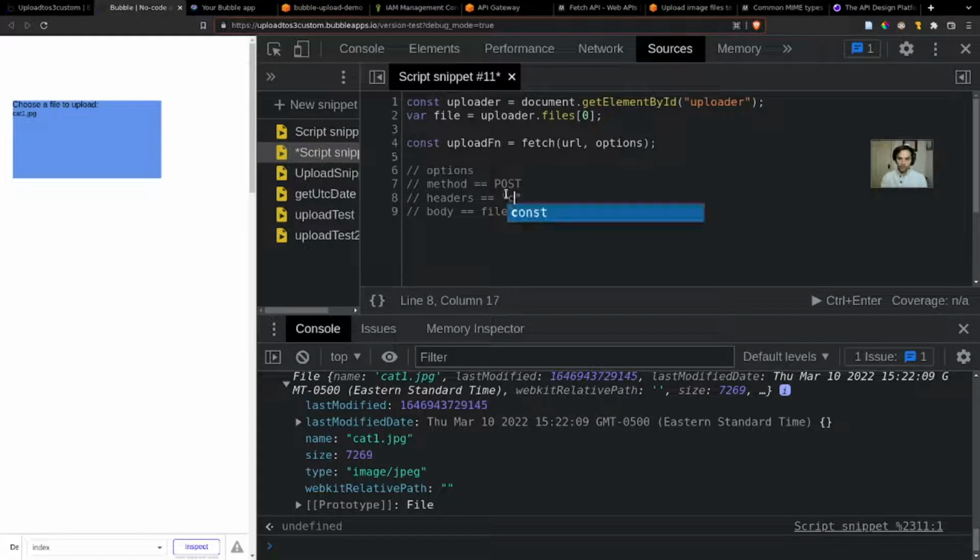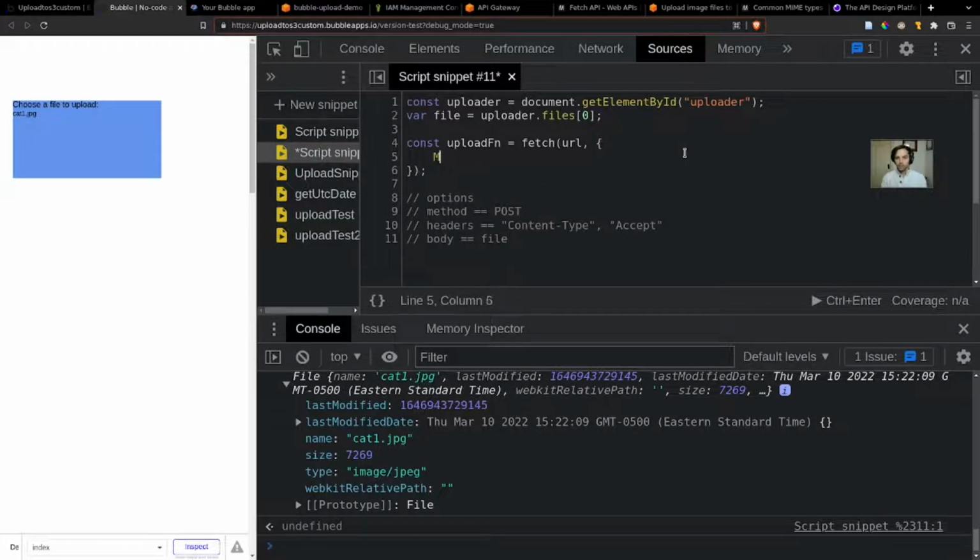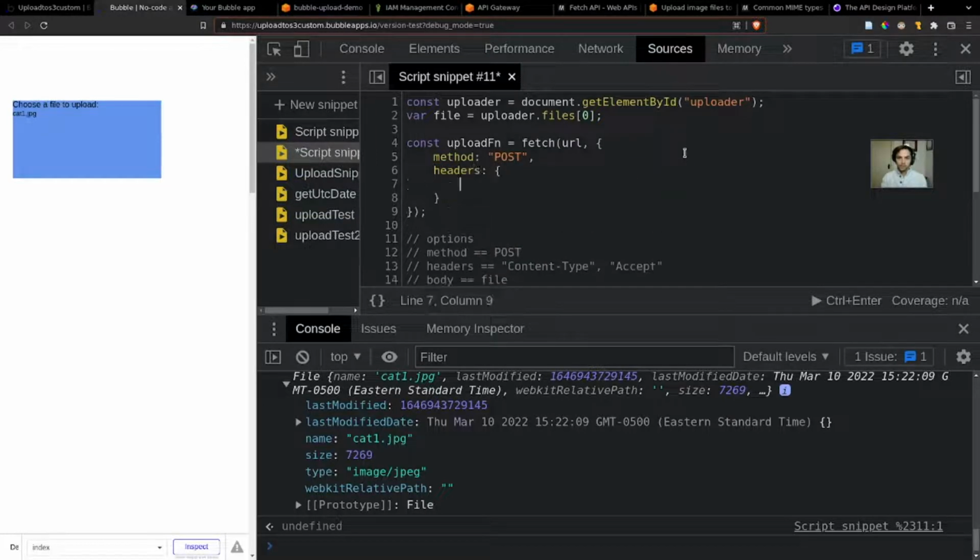The only headers that we need to pass for this are content type and accept. Content type is what we're passing to the API, and accept is what we expect to get back. You could do this in one of two ways. You could put curly braces inside here and then define your options here. We'll do that first. We could say method is post, and then headers, it's another object, and you could say content type is going to be